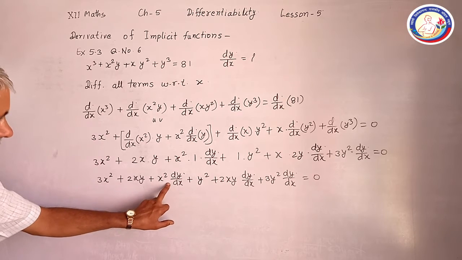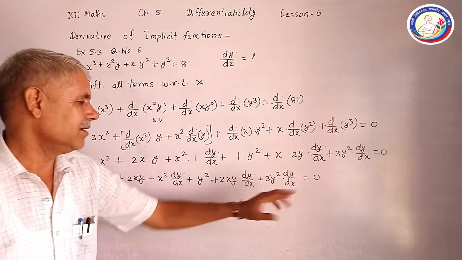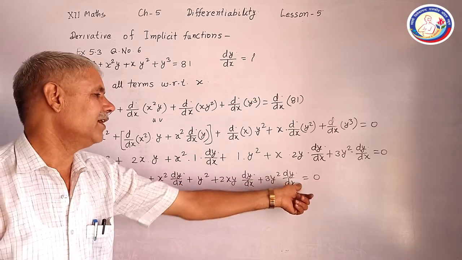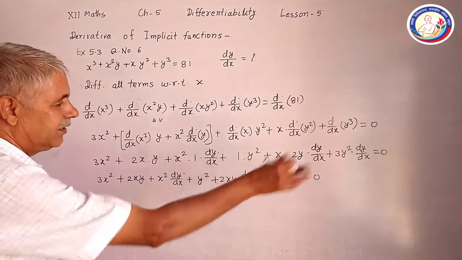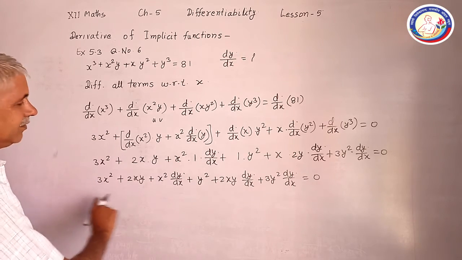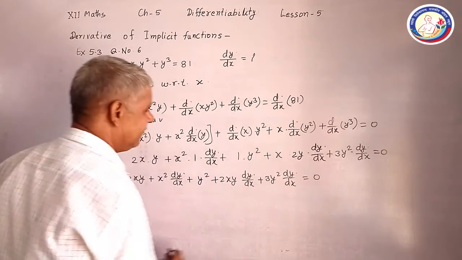Now first, second and third, these three contain the term dy by dx. So separating them and after transposition of remaining terms towards right hand side, we will get